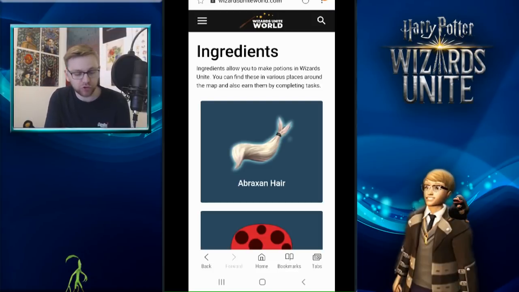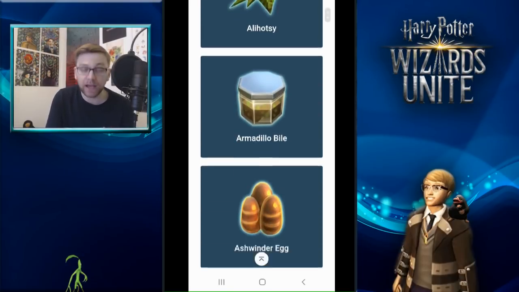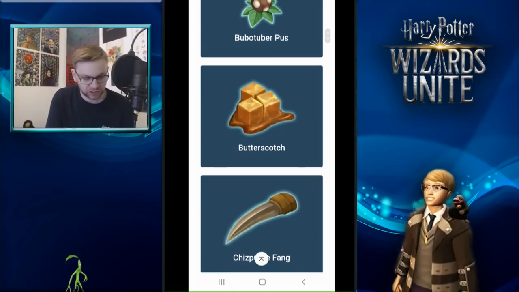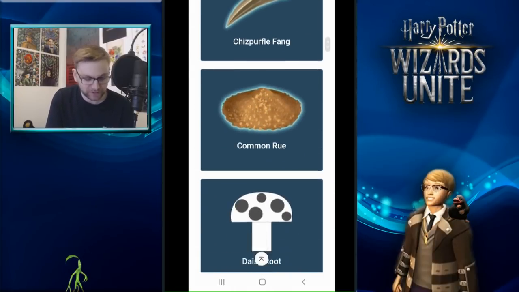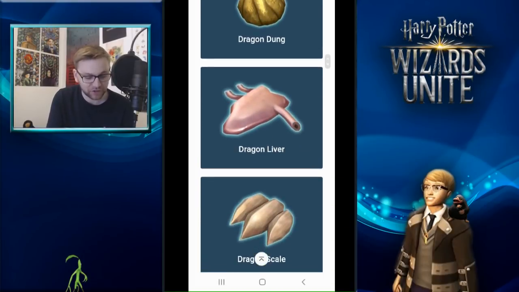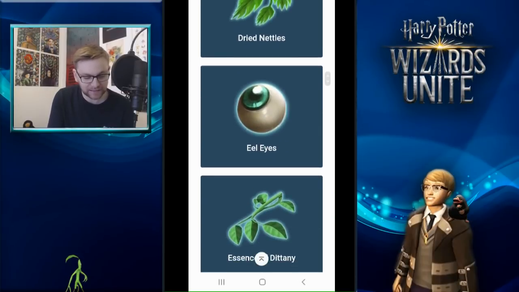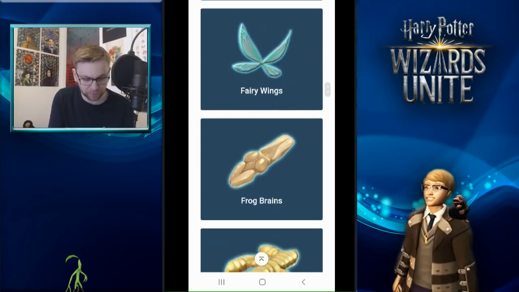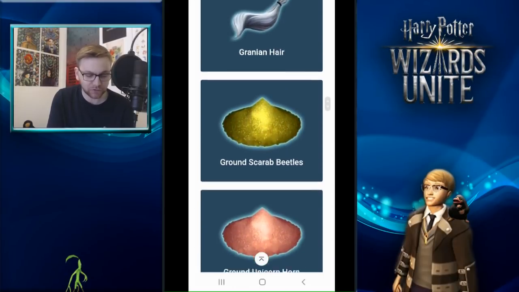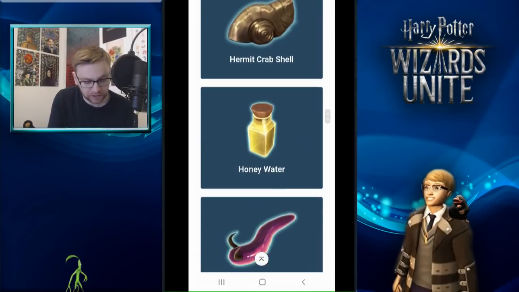So the ingredients include Bram's hair, Acromantula venom, Alihotsy, armadillo bile, ashwinder egg, beetle eye, bitterroot, bubotuber pus, butterscotch, chizpurfle fang, cobweb root, daisy root, dittany, dragon liver, dragon scale, dragonfly thorax, dried nettles, eel eyes, essence of dittany, fairy wings, frog brains, ginger root, graphorn hair, ground scarab beetles, ground unicorn horn, hermit crab shell, honey water, horn slug,